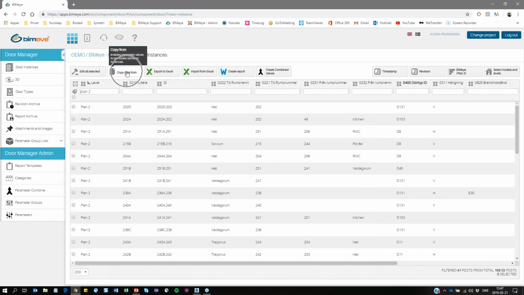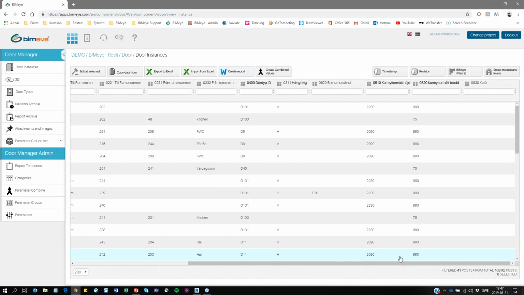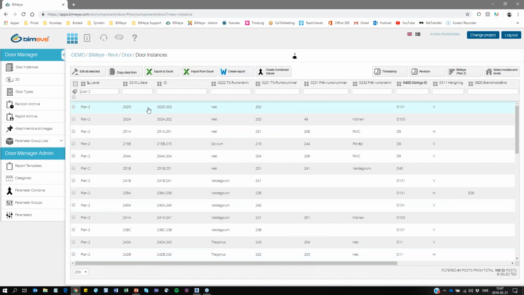We have copy data from. So this is a very good tool to work with. Also, if you have, for example, I maybe want to prepare one door. So I will go to this door